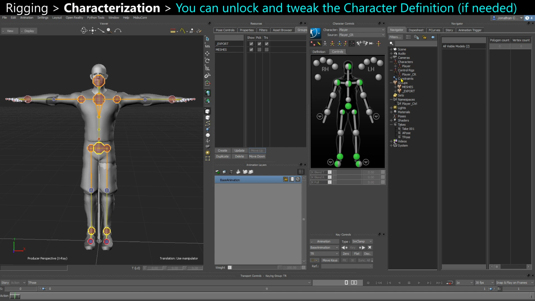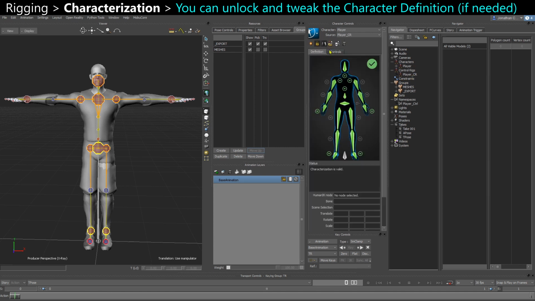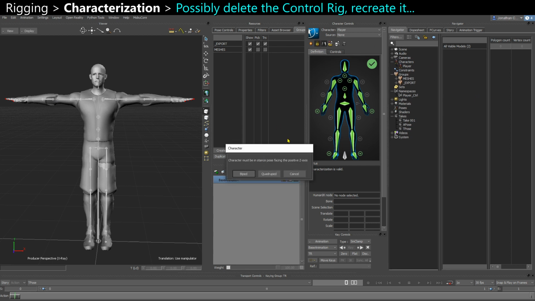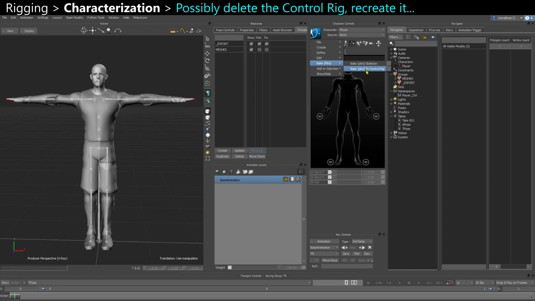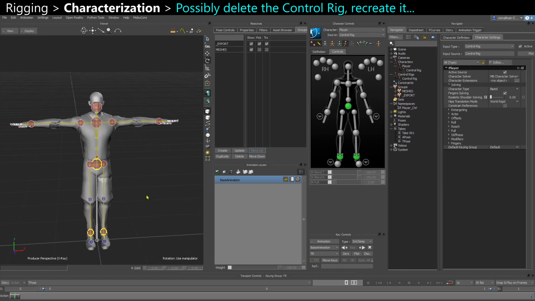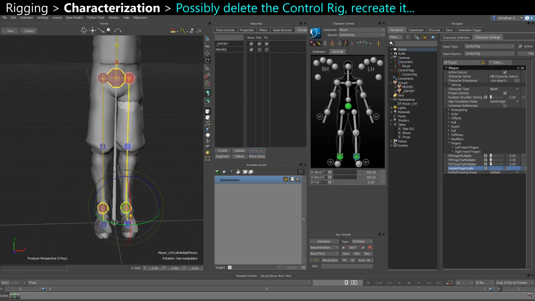The thing is, when you do that, it doesn't recreate a control rig, so it may not solve all your issues. So if you want to start fresh, again, come back to definition, unlock, and now delete the control rig. Now when you lock again and say biped, and you bake plot to control rig, it's going to ask you again, do you want to create a new control rig, because it doesn't find one for your character. So now it created a fresh control rig, and it did keep some of the settings we set on the player, for example the finger limits,